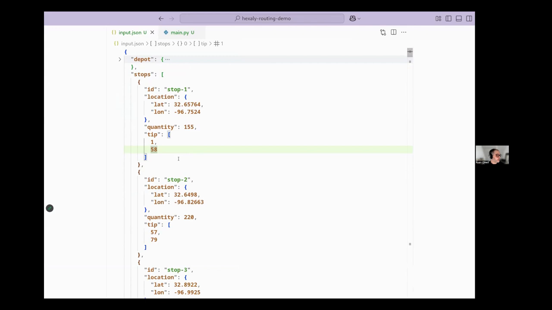And then where it gets interesting here is I've added a tip field. And this tip is essentially a payoff for a driver visiting this stop. And I have a range here, which indicates that it is uncertain. So I don't know what it's going to be in advance. This is where it diverges a little bit from the Hexaly documentation. And so we don't know in advance what the tips or the payoffs are going to be, but we're trying to create these plans a priori,